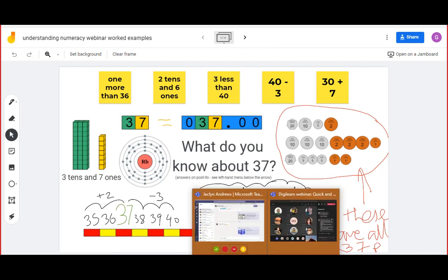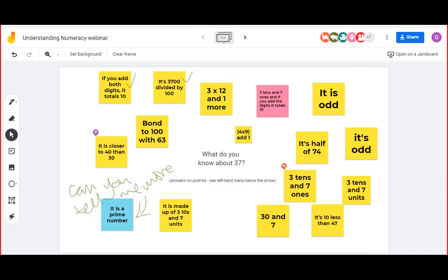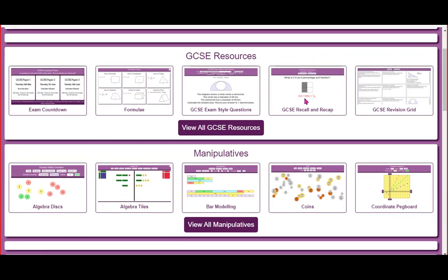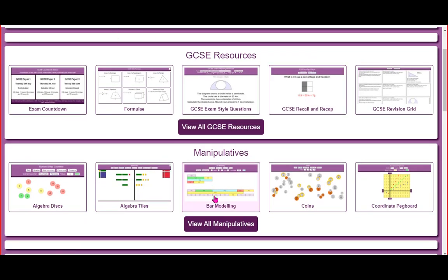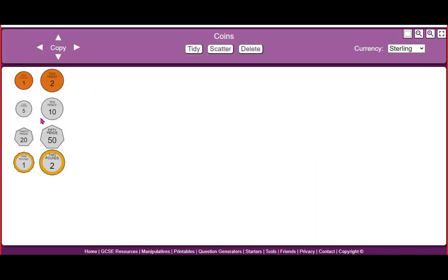So what I'd like to demonstrate as well, with the examples I've put on those pictorial representations, is, I don't know if you're familiar or not yet with the Mathsbot tool. So again, it's free. Go to mathsbot.com. I've got the manipulatives here, and I've put a video how to do this on the slides. But what I can use is, let's say if I take coins for example, and all I've done is I'm dragging them on, so it'll work for just about any device,